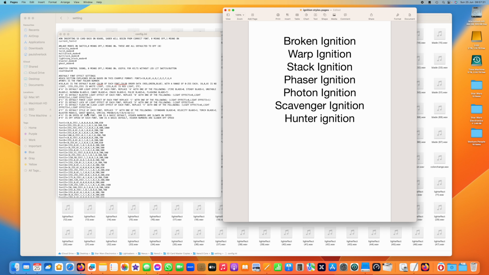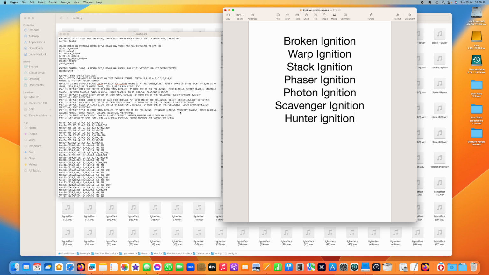Velocity blade, torch blade, blaster mode and ghost mode are nice, but you don't tend to use them. You're mostly using standard blade and the Pre-Ons. You can turn off velocity, torch, blaster and ghost if you like. That's where you get that anomaly then, though, that the first 3 or 4 settings in the blade style will say broken ignition. It will say standard blade and then it will say broken ignition 5 times, and actually only the last one is broken ignition,